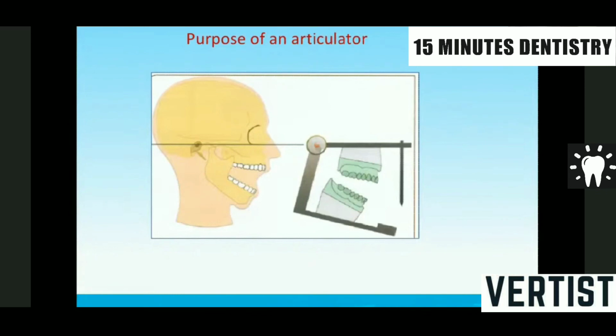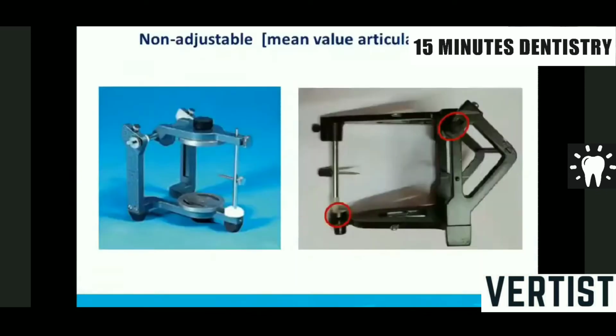But you guys don't do the face bow, so we have some other principles or landmarks with which you can mount the occlusal rims on the mean value articulator. So this is the one which we use at undergraduate level. This is called the mean value articulator. The one on the left, the blue color photograph, is a little better quality mean value articulator, which is highly recommended to use, which has got a mounting plate, but otherwise all the values are fixed.